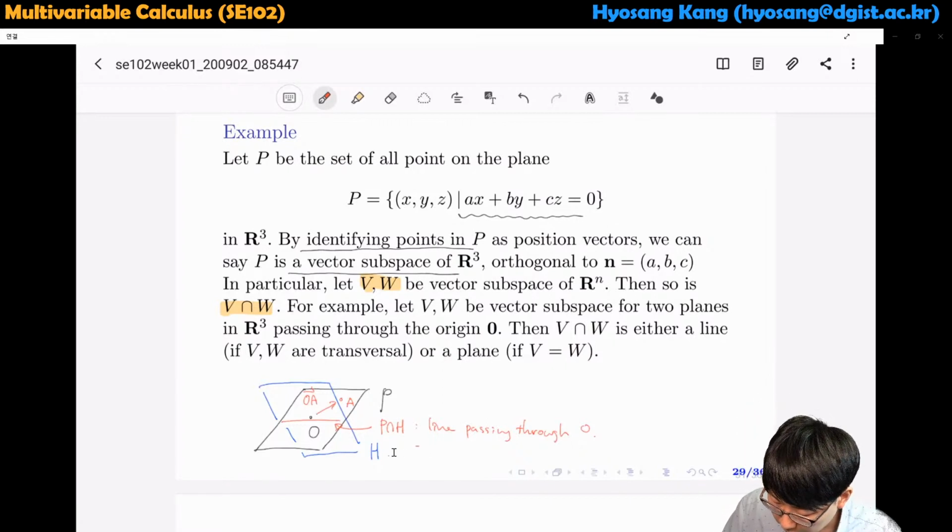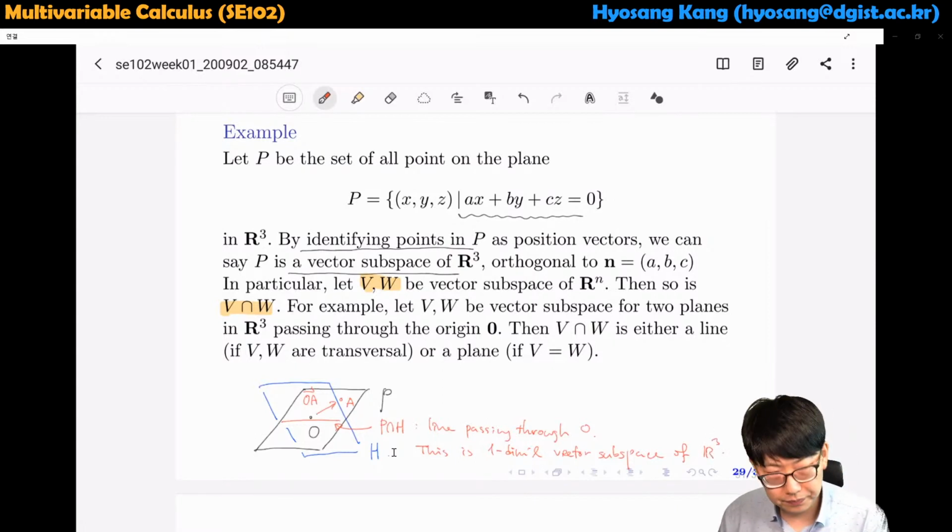And this is still a one-dimensional vector subspace of three-dimensional space. So this is a one-dimensional vector subspace of R3. Okay. So whenever you have two vector subspaces in a big vector space,